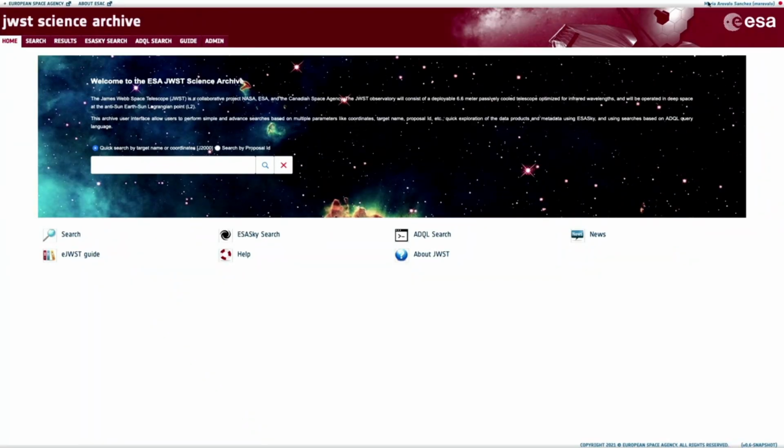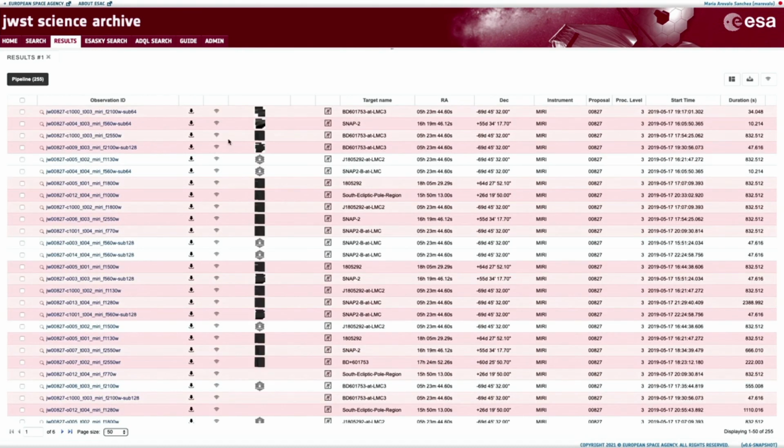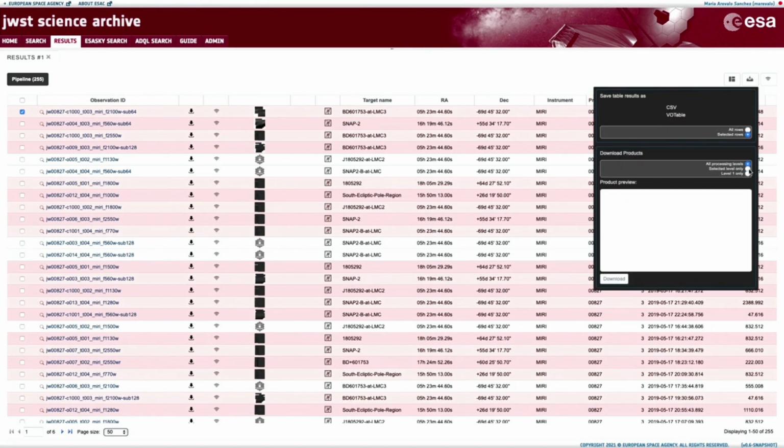On my account, I have provided a valid token, which is granting me access to private data inside the JWST MAST archive. So if I look for the same proposal ID, let's have a look at the results that we were looking at earlier. We will see that now we have access to the previews, and we are also able to retrieve the product observations. You see they have changed color, and now all the products are available to be